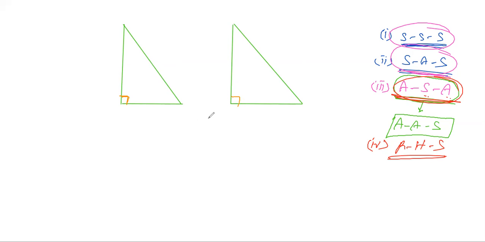Now else than that, if the hypotenuse and any one side is equal, then the other side will also be equal. अगर मान लो मेरे पास दो राइट एंगल ट्रायंगल हैं जिसमें हमको बोला गया है कि दो साइड इक्वल हैं, कौन दो साइड इक्वल हैं? जो दोनों ट्रायंगल्स के हाइपोटेनस हैं वो दोनों आपस में इक्वल हैं, और बाकी जो एक साइड है, कोई भी एक साइड, that can be any one, so either this one or this one, it is equal to this one or this one, तो कोई भी दूसरे साइड से वो इक्वल है।